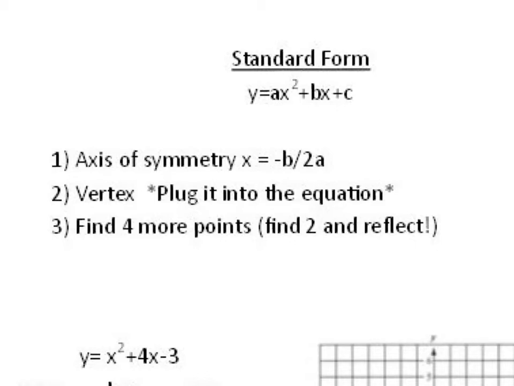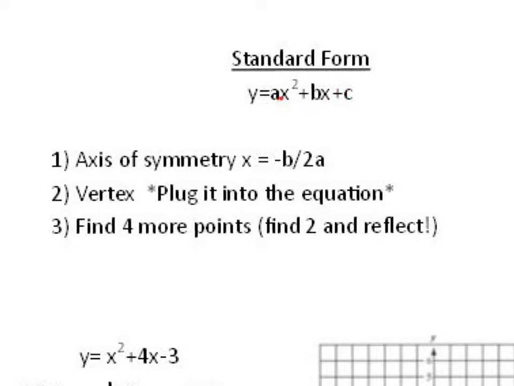Okay, so what we have going on here is this thing that I had you put in your notebook in class, and it has three parts. The top one is standard form. If you open up the fold on standard form, you'll see what I have here on the left-hand side. With standard form, you have this equation, y equals ax squared plus bx